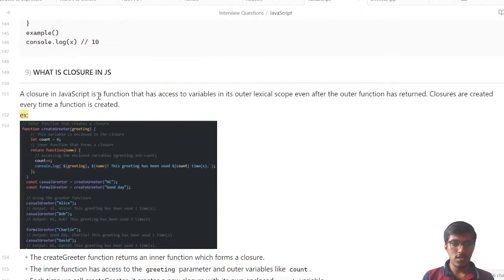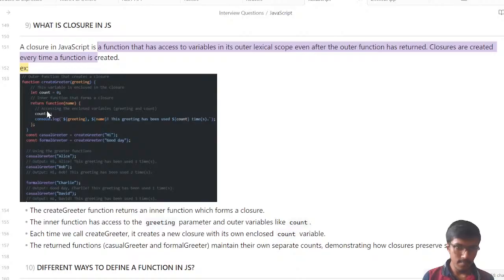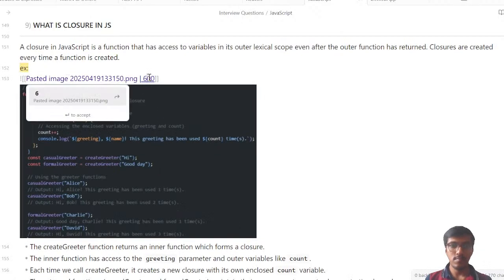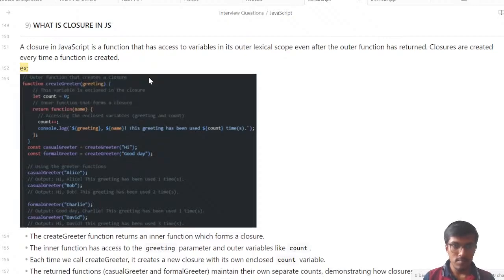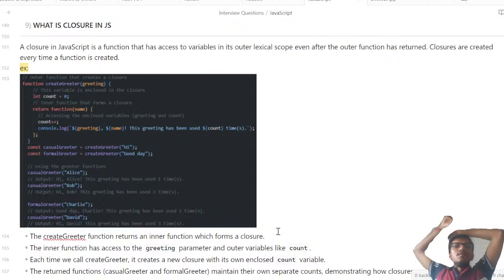Now, what is closure in JS? A closure in JS is a function that has access to variables in its outer lexical scope even after the outer function has returned. Closures are created every time a function is created. So if we see the example, create getter, I'm passing a function called hi, accessing the